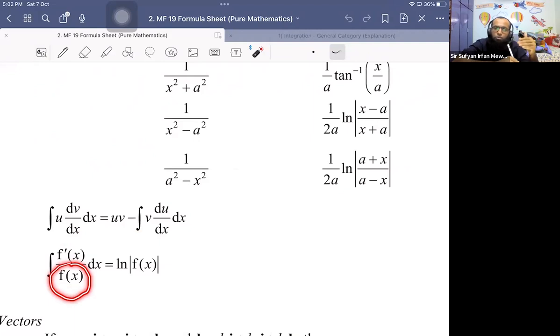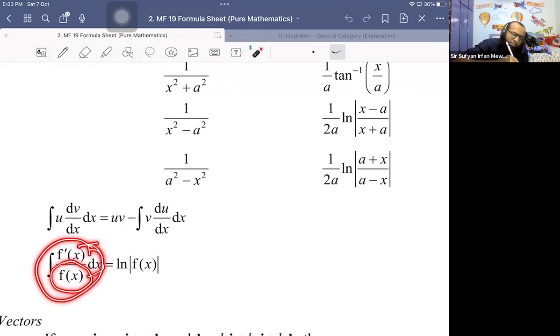when there was a linear function in the denominator, 1 upon 2x plus 3, 1 upon 4x plus 5, it used to get converted to ln. So 4x plus 5 gives ln 4x plus 5 divided by 4, plus c. But this integration by recognition tells us that if there is a function in the denominator and the differentiation of that function is given in the numerator, then the integration of that is just ln of the denominator, and that's it, plus c. In an indefinite integral, the plus c will be taken. I repeat my words: if there is a function in the denominator and the differentiation of that function is clearly seen in the numerator,